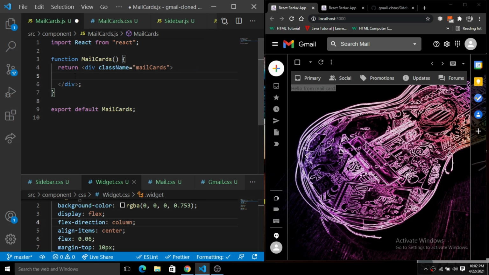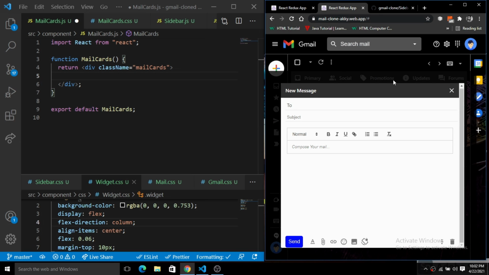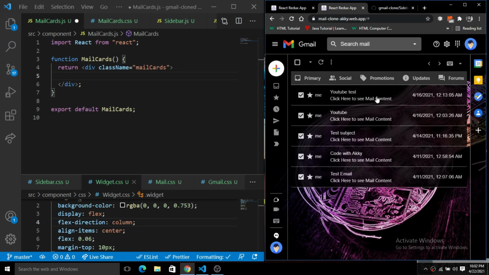Next we are going to create the mail cards. You can see what the mail card is, it looks just like this. Here we are using the accordion, and on this accordion we have its features. So from where did we get this mail here? We will create a component called MailCard.js, which will just contain an accordion, and here we will add all the contents for this accordion.